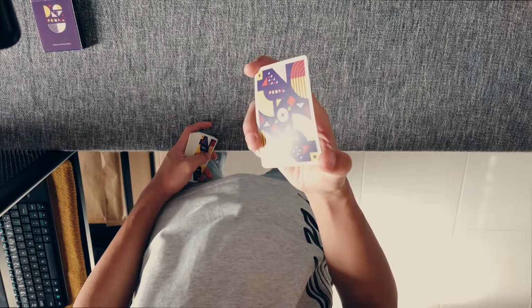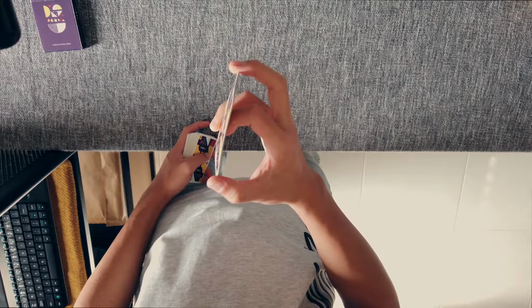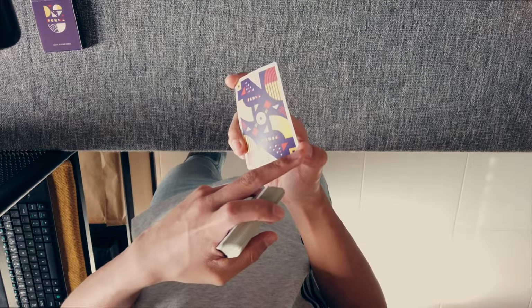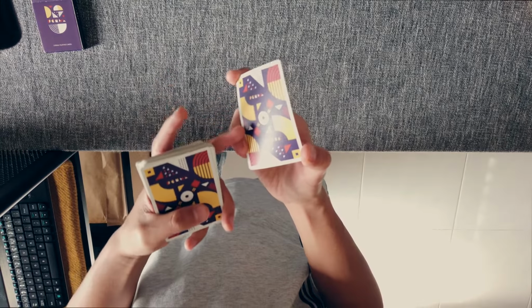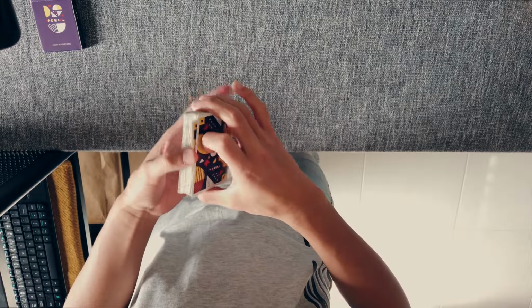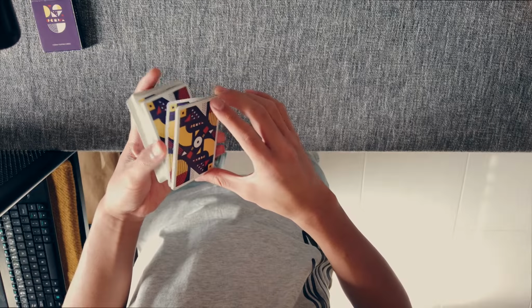Then your fourth finger will grab the corner, right? Then from here you can bow it a little bit, and when you let go with your thumb, it'll spin off these two fingers because of the pressure that you're putting on your index finger. It should land on top. So once again, you're here,